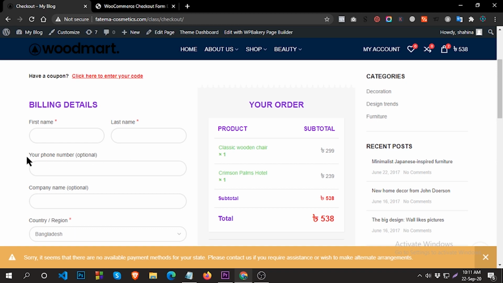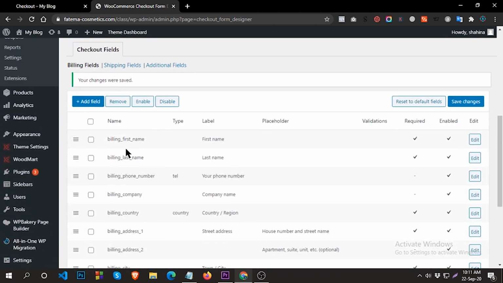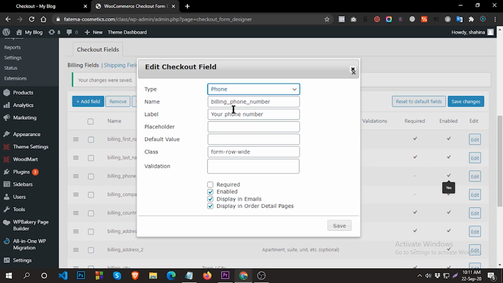Your phone number, this is the name label. If you want to add a placeholder here, go to the checkout field page, then edit this field.